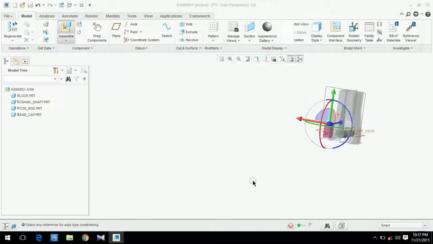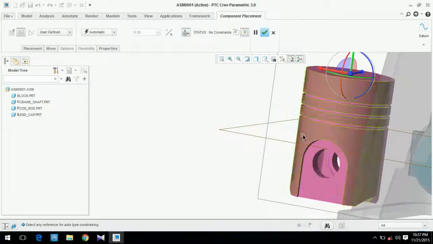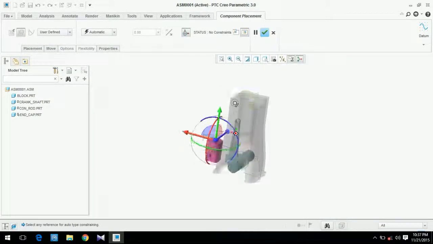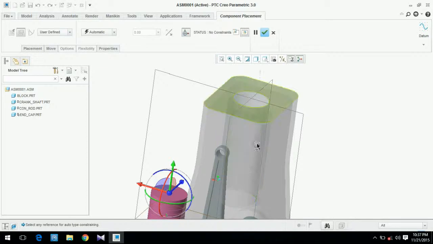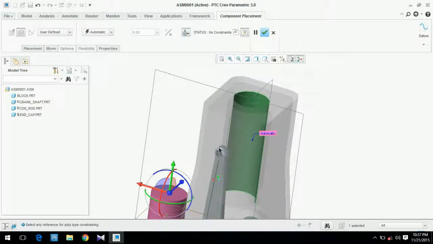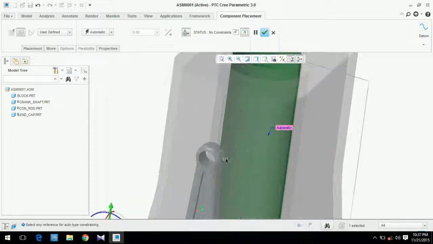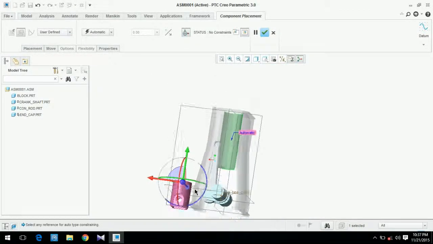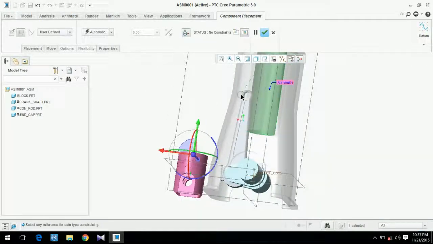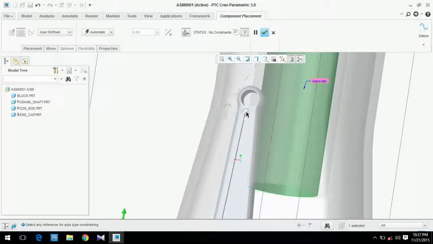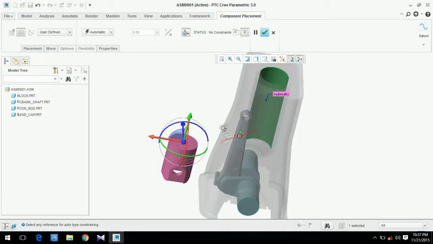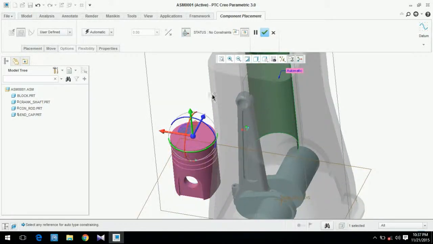Then our piston should have two relations with two bodies. First of all, the piston should slide into this bore, that means a sliding relation, and this circular part will also be joined with the connecting pin. Here it is not a connecting pin, so we will decide on a join relation between these. Instead of a pin relation, we will select the cylinder relation. Cylinder has two relations.